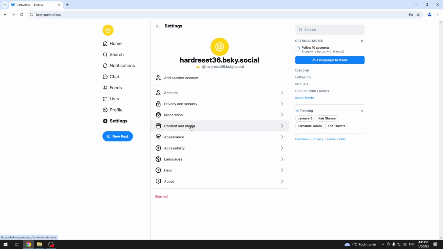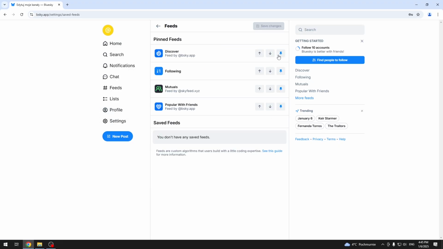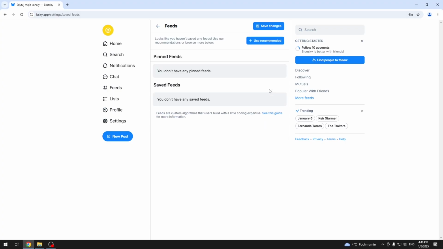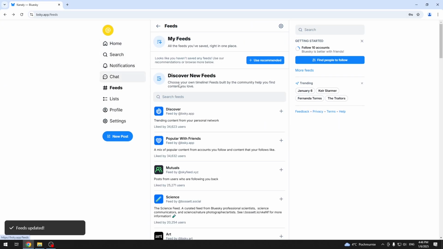Let me wait a second. I didn't actually save those changes. Make sure to save those changes by clicking at the top, and as you'll see, it looks like it's all